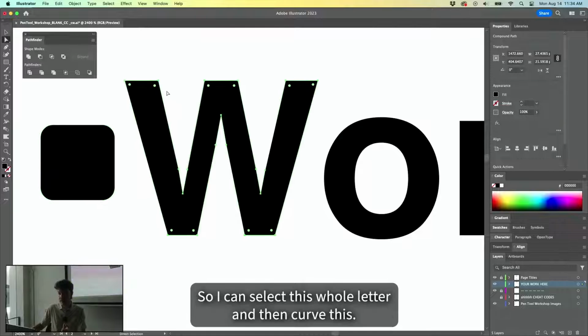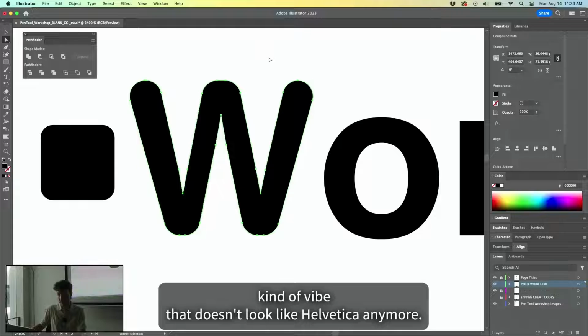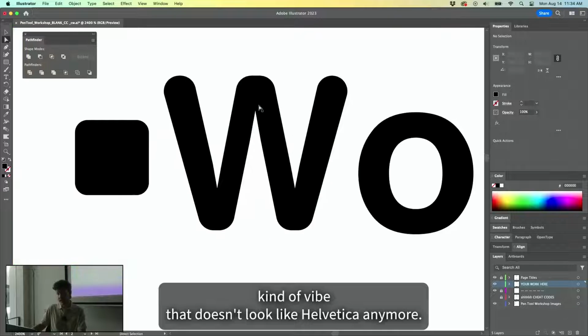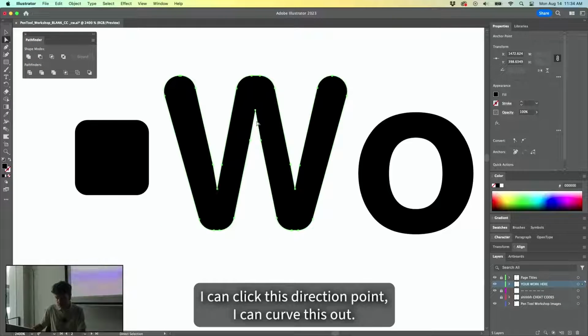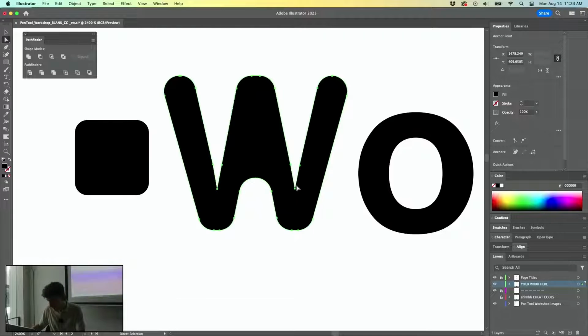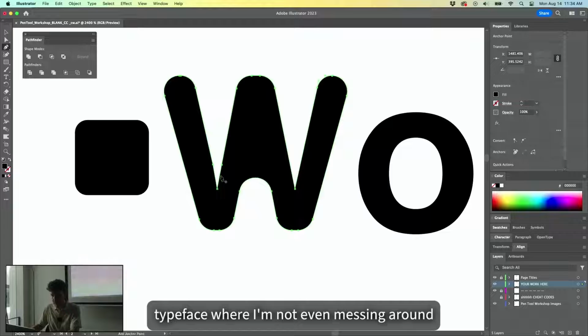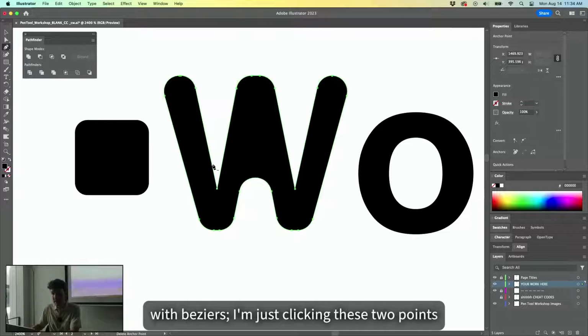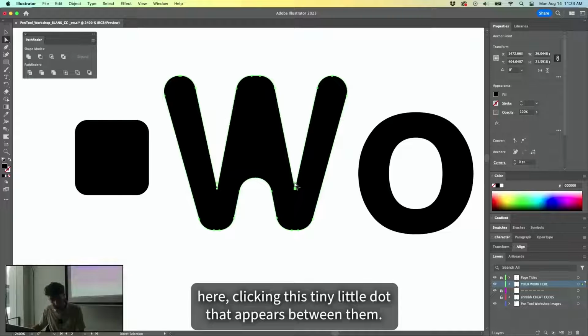So I can select this whole letter and then curve this, and now I have a whole different kind of vibe that doesn't look like Helvetica anymore. I can click this direction point, I can curve this out. Now I have a really funky looking typeface where I'm not even messing around with Beziers. I'm just clicking these two points here, clicking this tiny little dot that appears between them, and now I can